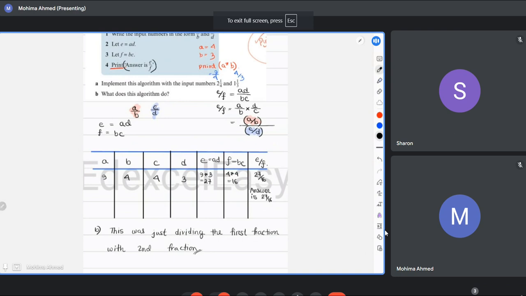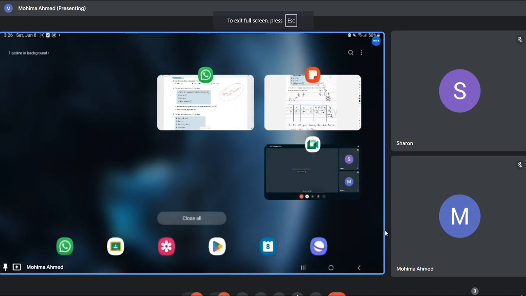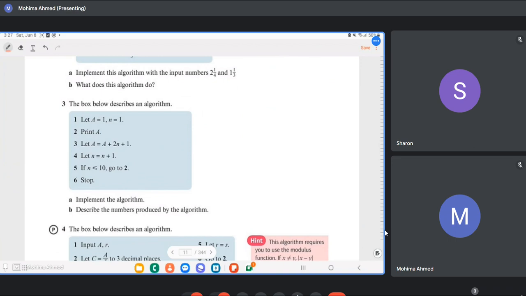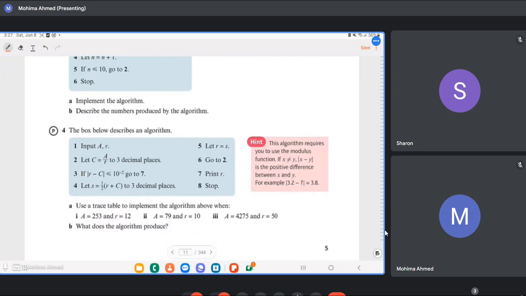Let's move to 3. 1 minute. For 3, part C is about series. Right? Yeah, C is about series. So let's start with